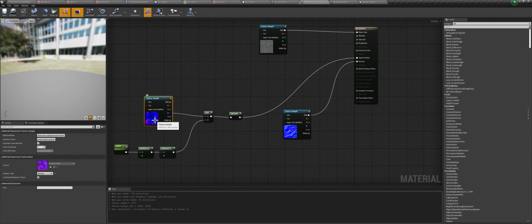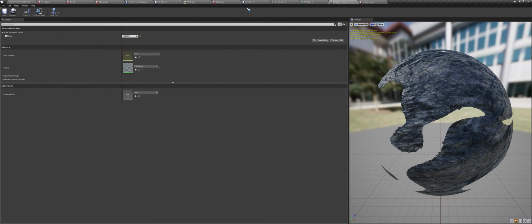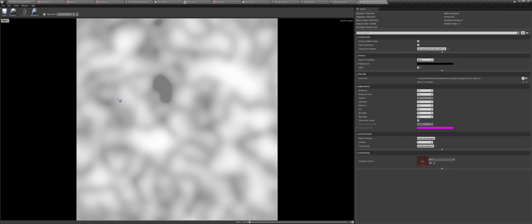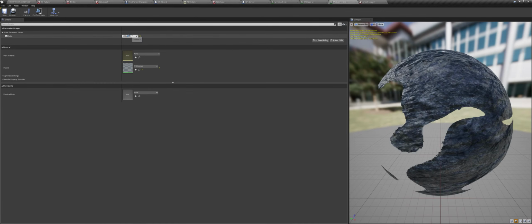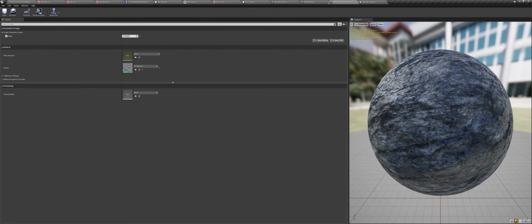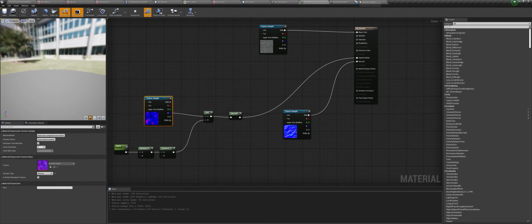And when the black regions' value changes from 0.2, 0.3 to 0.5, it will become visible. So depending on the color of these values, we can get a dissolve effect like this from 0 to 1. So that's a very basic dissolve effect. If you want a complicated dissolve effect, you can always check my previous tutorials.